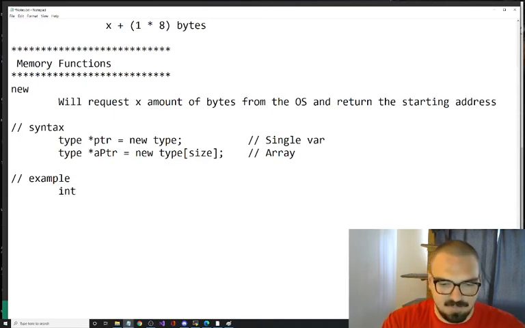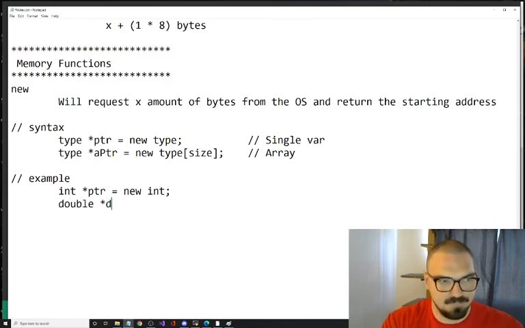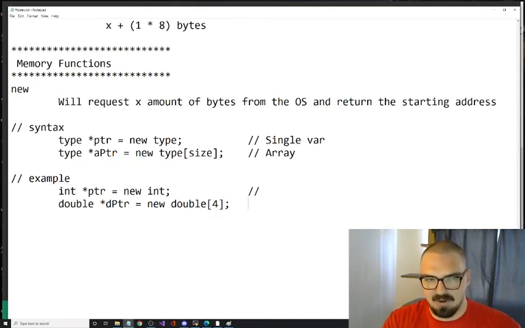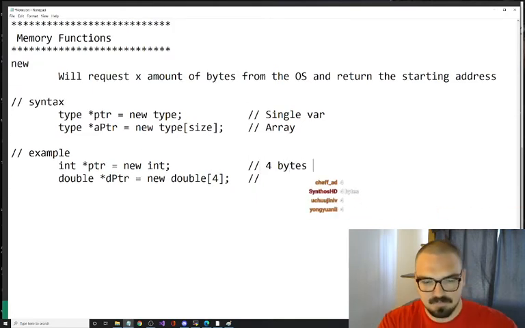So if I want an int pointer, and I say equals new int, how many bytes do I get from the operating system? Can you tell me? And then I'll do another example. Here. In this case, how many bytes do I get from the operating system? Yeah, we're going to get 4 bytes here.